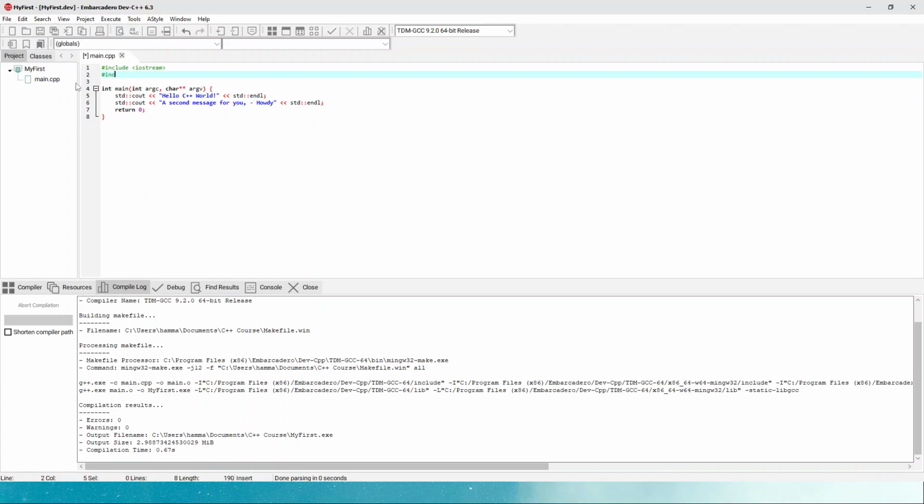First, I need to include string. Let's say I make a mistake and I type B string by mistake, and then I try to declare a variable here of string type.